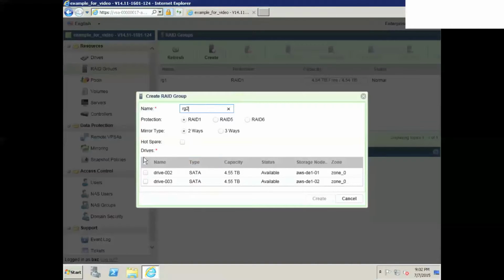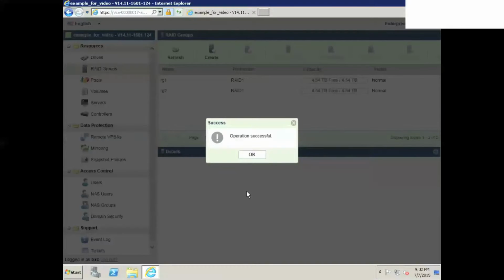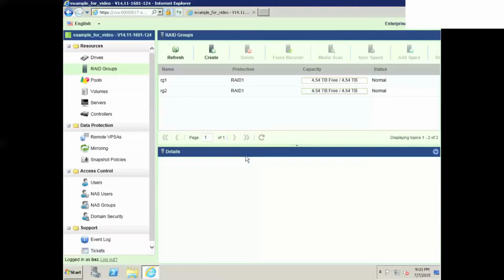Okay. And then I'll create the second RAID group 2. RAID 1, 2-way, and I'll select the remaining drives here. And you'll notice here the storage node, it's saying that each drive is coming from a different storage node, number 1 and number 2 here. Hit create there. The interface will not let you create a RAID group with all the members of it on the same storage node. And this is solely to prevent that if the storage node has a problem, your data